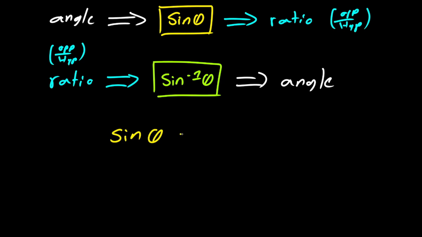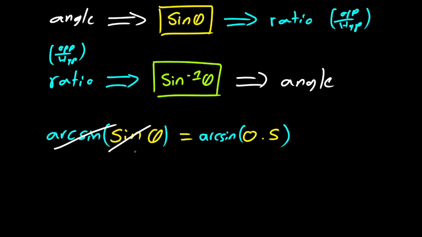So sine of theta is equal to 0.5. Now this is just saying sine of what angle is equal to 0.5. And a reminder that this 0.5 is the opposite over the hypotenuse. Let's solve for it. Now we want to get rid of this sine over here, so we need to cancel it out somehow. And we know that the inverse of sine is arc sine. So we can apply arc sine on both sides. Now if you remember, arc sine and sine are inverses, so they cancel each other out. And we end up getting theta is equal to